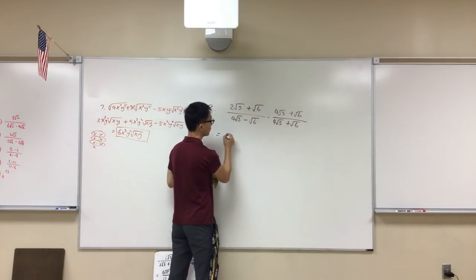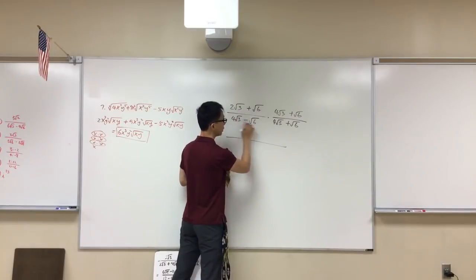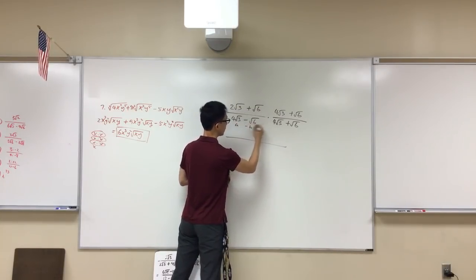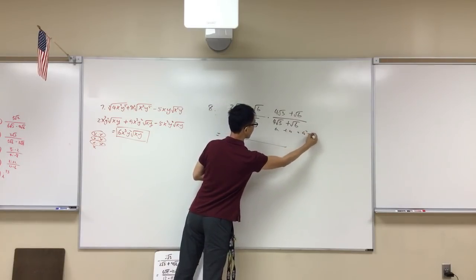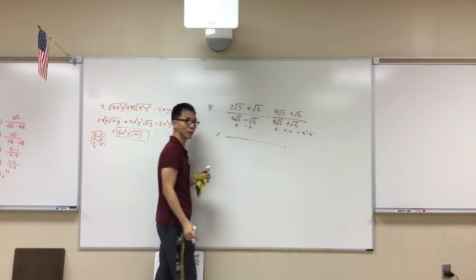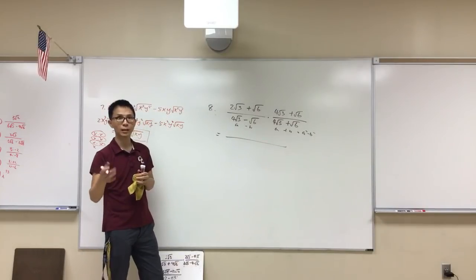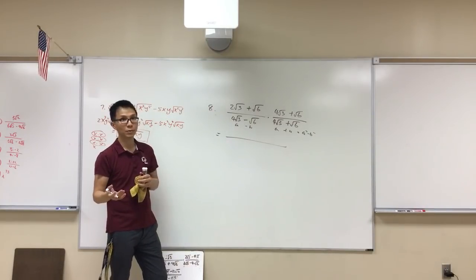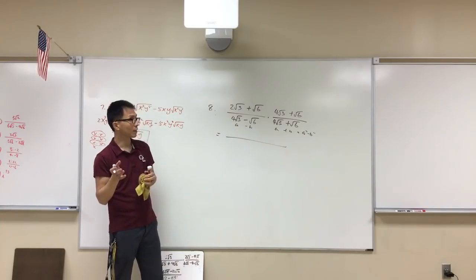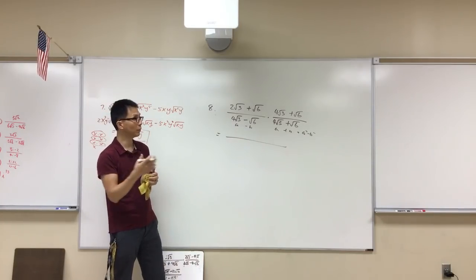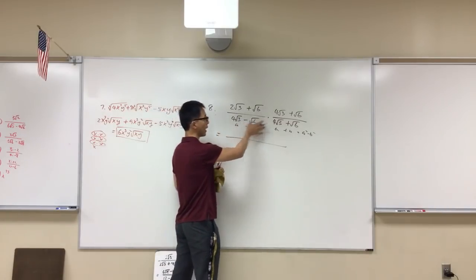Then on the bottom it's going to be a difference of a square. So this one's a minus b, a plus b on the bottom, so you know that equals a squared minus b squared. We're going to use that a lot because the SAT tests that indirectly. So it's called difference of a square. I hear it's conjugate. So you're using that difference of a square to provide you a way out of the radical